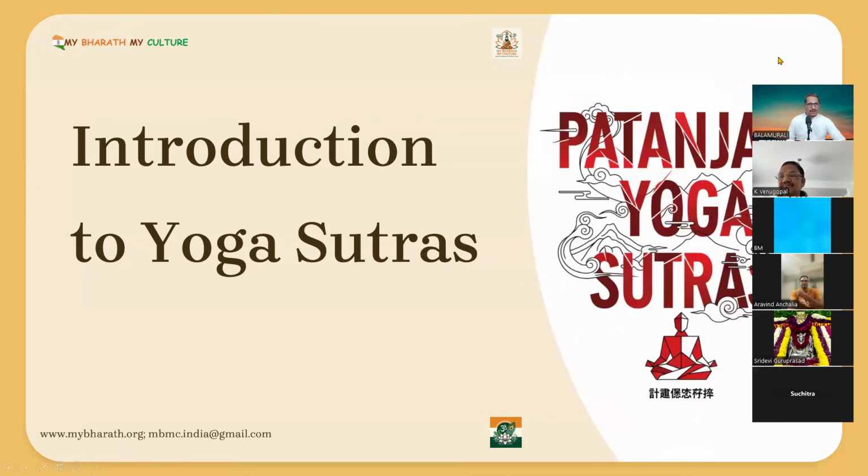So yesterday we saw an overview of Hatha Yoga Pradipika. There are 4 chapters. We saw asana, pranayama, mudra, bandhas and nadanusandhana. That was the final practice we have seen in Hatha Yoga Pradipika. So now we will see what the Yoga Sutras are, because these are the 2 texts we are supposed to know.